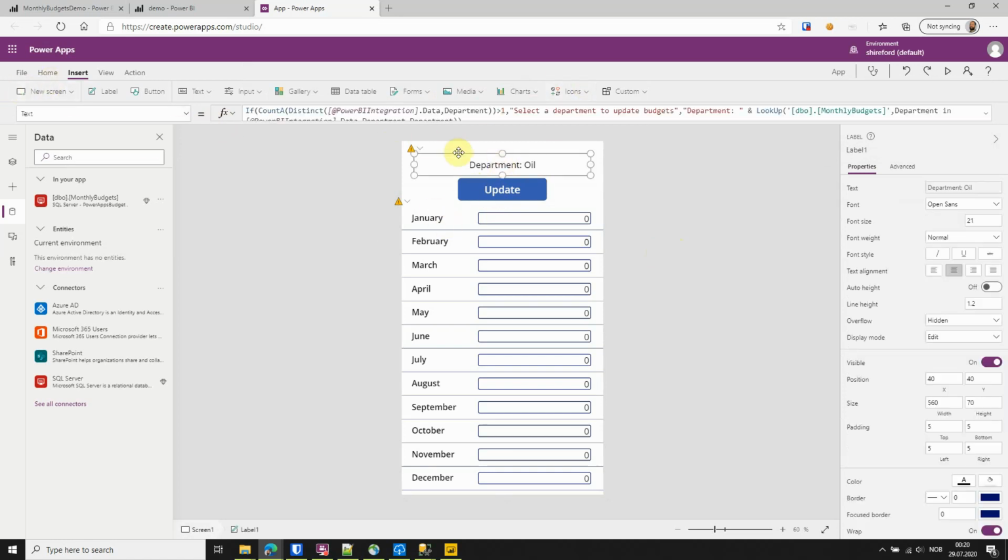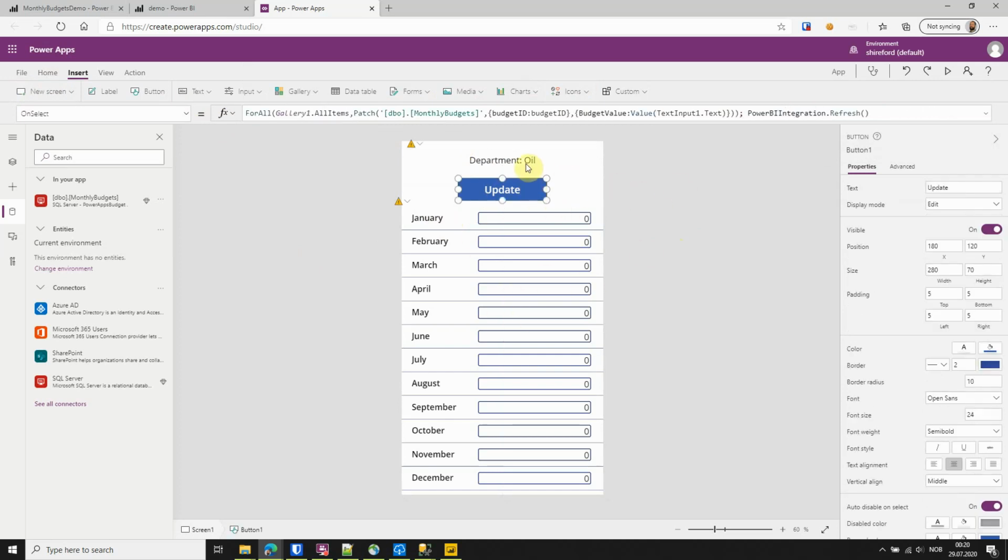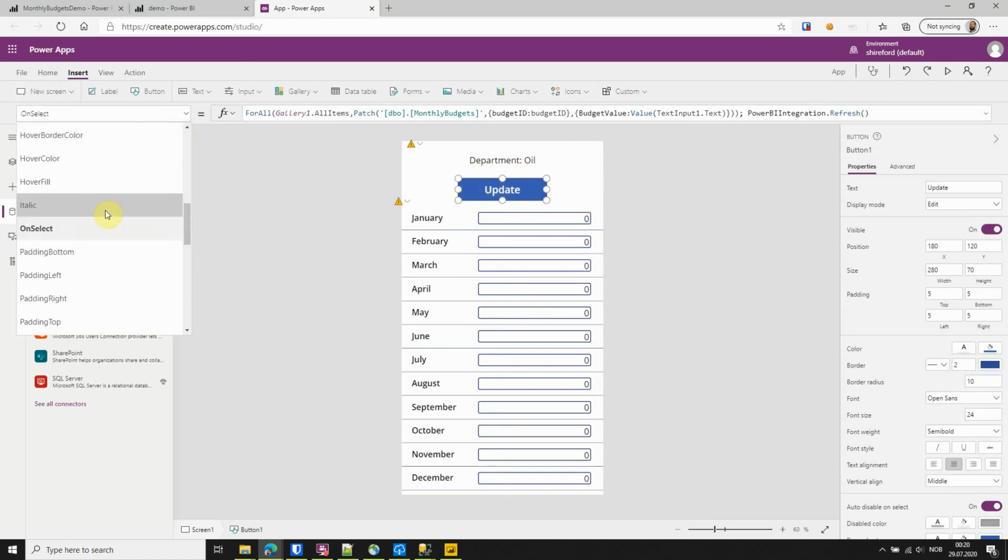And in order to make sure that the users can't enter anything without having selected exactly one department, I want to hide this button and I want to hide the gallery. If I go to the visible option,